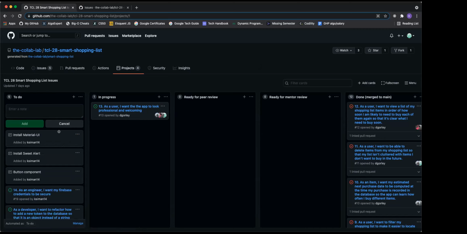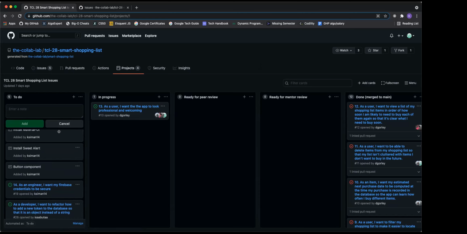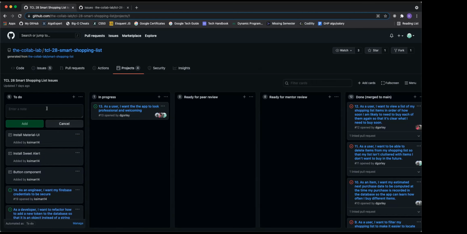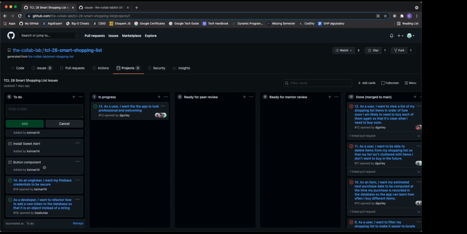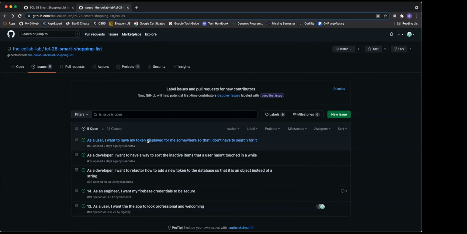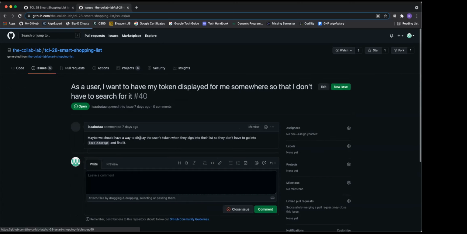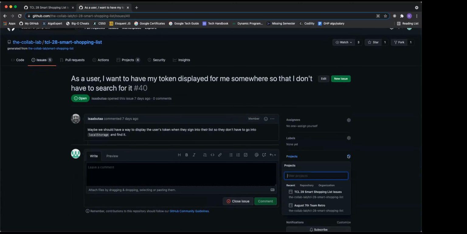I think there already is an issue for having the tokens visible. Let's see. Yeah. Nice. Okay. If you click that, and then you click on projects on the right, you can just add it to the shopping list issues.